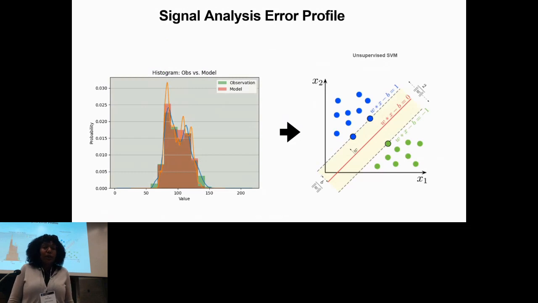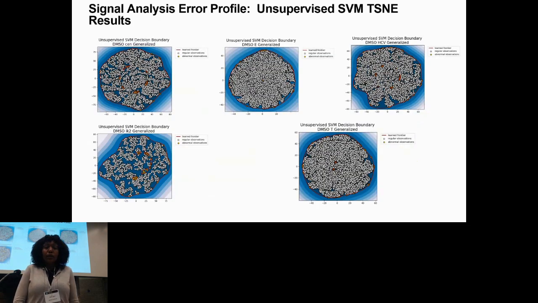So we applied an unsupervised SVM trained on the unmodified data to predict outliers in the ACM data and generated associated class probabilities. And so this is demonstrated here. And then if we look at the TSNE of this, we see a much more uniform outlier detection